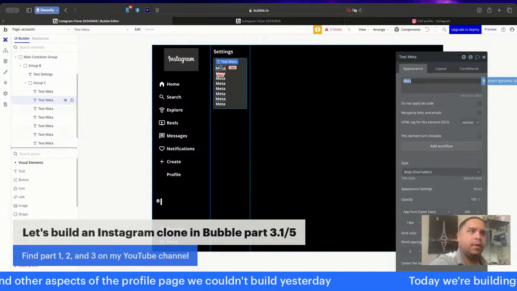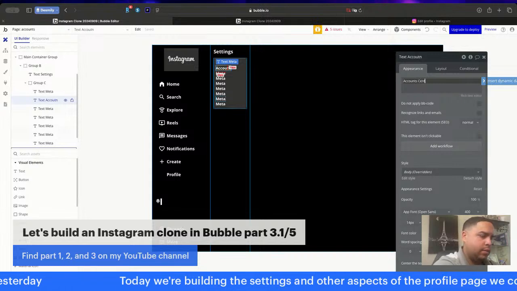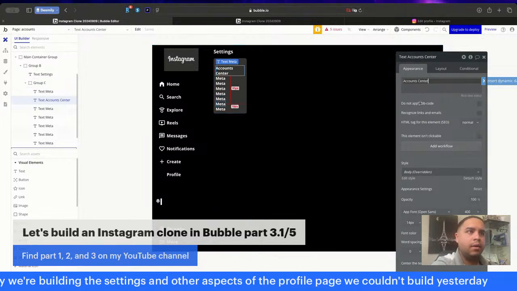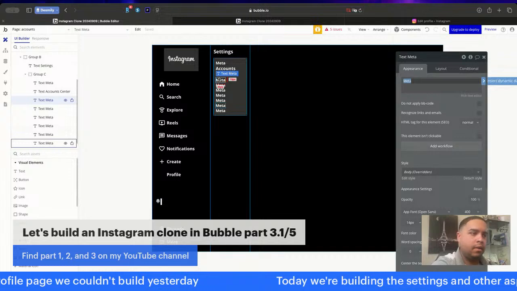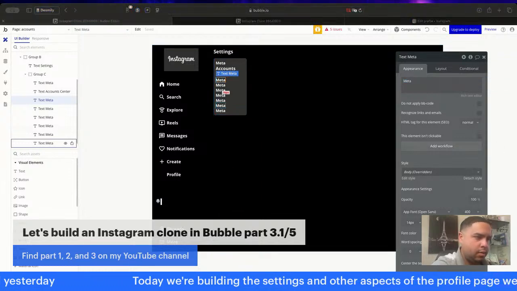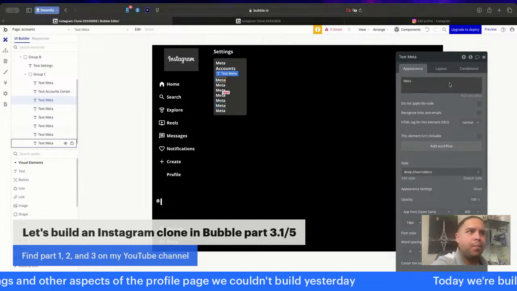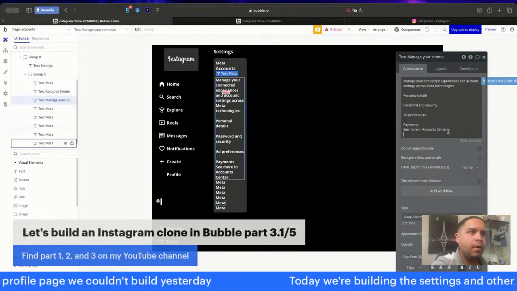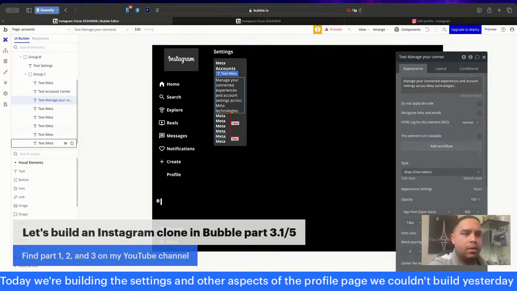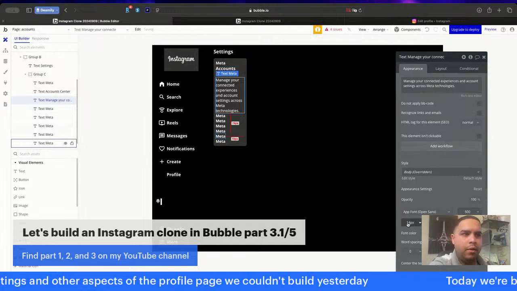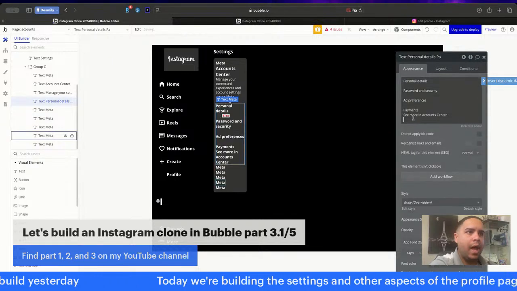All right, this is account center. This is a little bit bigger. Then let's copy this. I'm going to start pasting stuff. This is definitely not bold, but it's medium. It's about 12. Then we have some of the